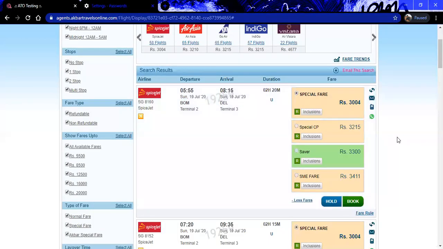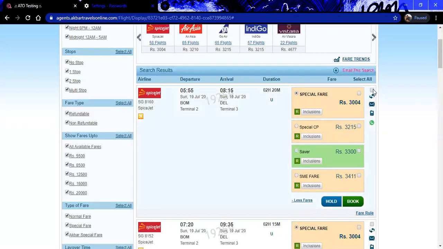We have a similar option to the WhatsApp feature. We can send an SMS format also. We can send an email itinerary also, or we can send all the availabilities in one shot. Here, beside the Net fare button, we have email this search. By clicking on this, all the checkboxes will appear.